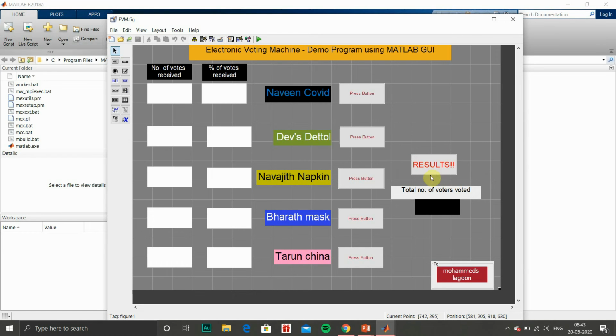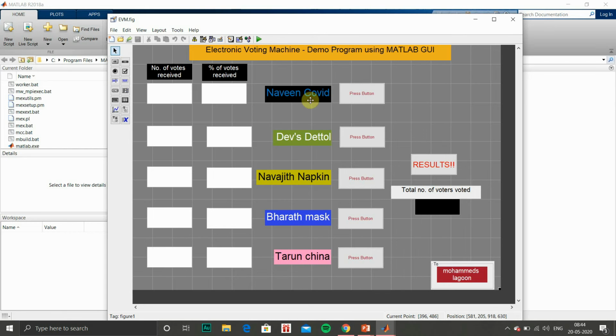I have changed the name, that is the string, and here the result will be displayed as total number of voters, and we can press buttons. For security purposes we have added some noise feature that I will be discussing when I show you the output.